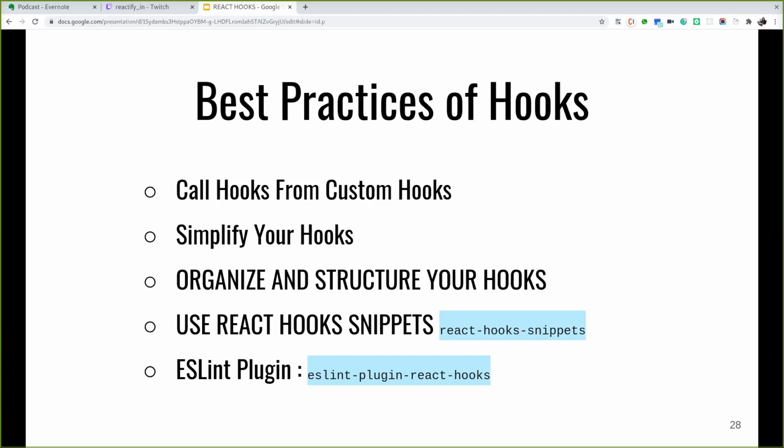Also, ESLint plugins are available, called ESLint plugin React hooks, which enforces the rules above. This comes in handy when working on a project. It's highly recommended that you use this plugin, especially when working with others, so that you can avoid errors from not following the rules. You can add these plugins to your project if you'd like to try it.